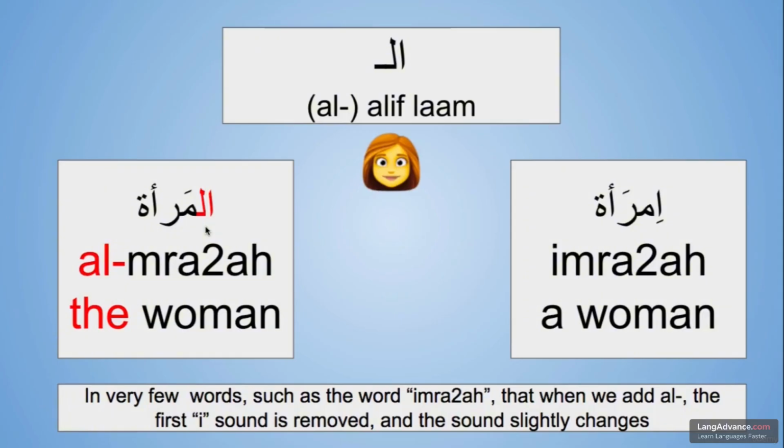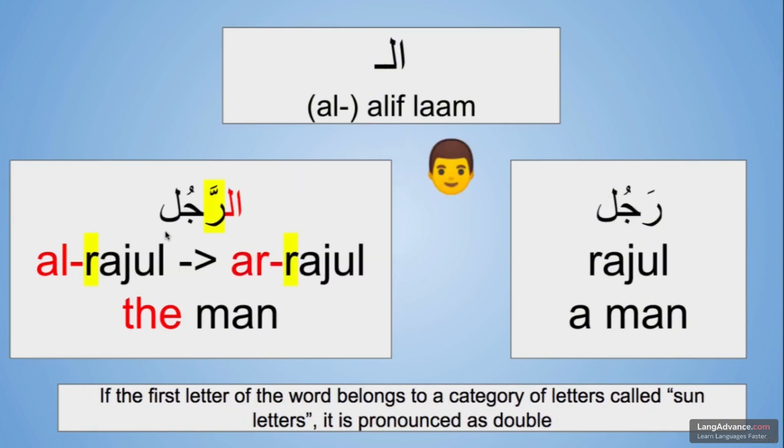And for the word woman, it is imra'a. Here there's a little bit of exception because we do not say al-imra'a, but we say al-mar'a. It's just one of the very few exceptions, changing the word when you have alif lam before it. And there's also an important rule associated with alif lam when the word starts with certain